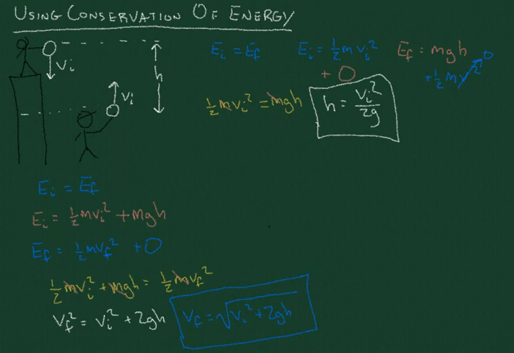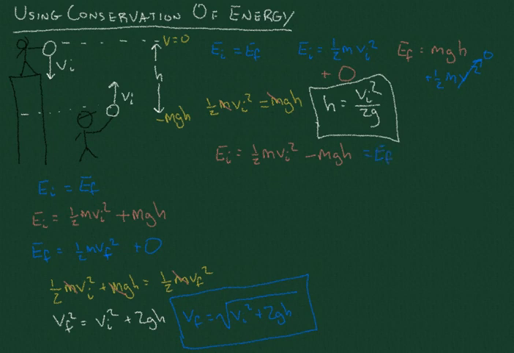So one other quick point that I'll make while we're looking at this problem is, let's say we had set this up a little bit differently. Let's say instead we had set this up so this had potential equals 0. So here the potential would be minus mgh. If we look at the first case, where our friend's throwing the ball up, we would have had an initial energy equal to 1/2 m v initial squared minus mgh, and then that would be equal to the final energy,